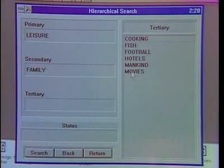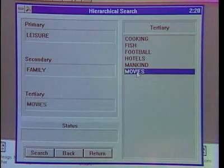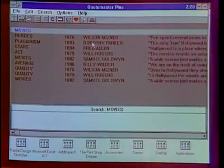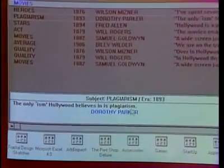What we have on the computer is something, if you're writing articles, I guess, or doing speeches, called QuoteMaster Plus, and you can do very powerful hierarchical searches for quotes in a category you're looking for. Like I've got the primary category leisure, then secondary category family. I could say a tertiary category is movies, and it comes up with quotes covering just those fields. If I click on this Dorothy Parker quote, the only ism Hollywood believes in is plagiarism, I could work that